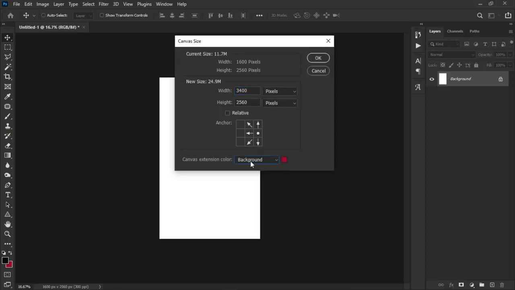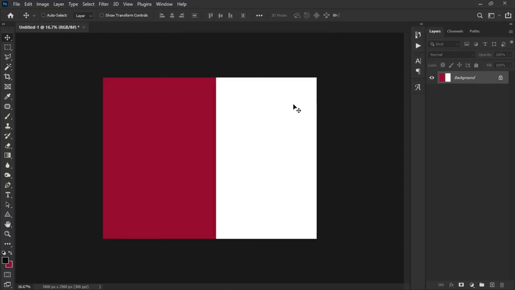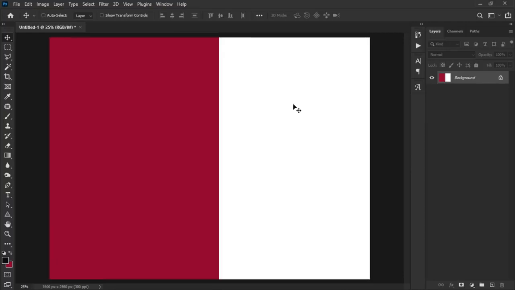Now for the extension color, you can basically give it any color of your choice, just that you have to be able to see it. So let's give it just any color at all, and then we go ahead and click OK. So it is going to extend our canvas, and this is the full size that we're going to use for the design. So the next thing we do is we're going to unlock this layer, press Ctrl J to make